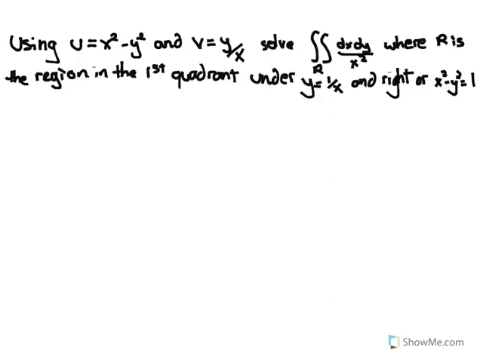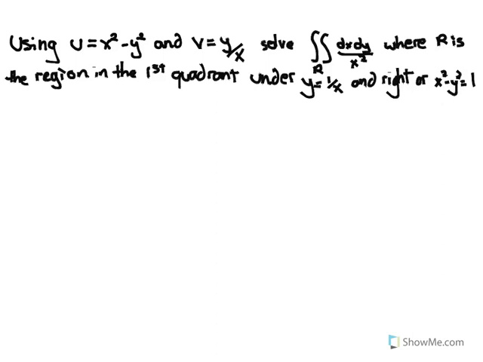Okay, here we have a fairly complex multivariable calculus question, and it asks us to set up and solve an integral using change of variables. So we've got an integral over the region R, and the integrand is 1 over x squared dx dy, and we're told to use u equals x squared minus y squared and v equals y over x to do the change of variables, solve the integral, and R is the region in the first quadrant under y equals 1 over